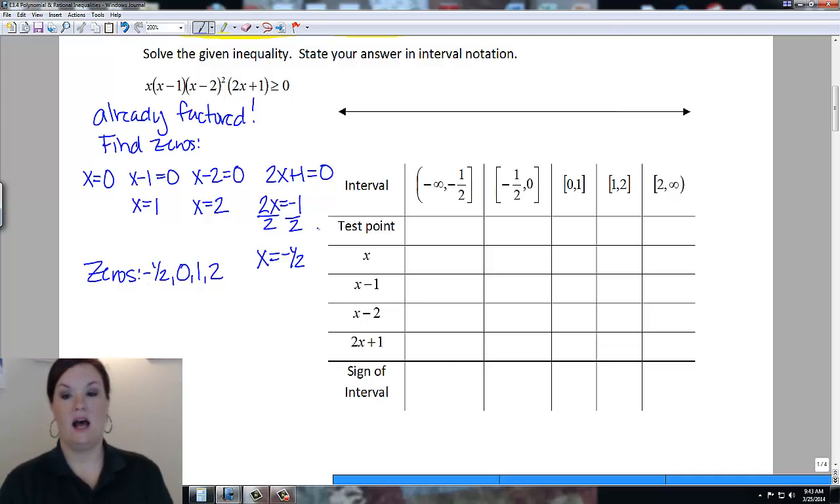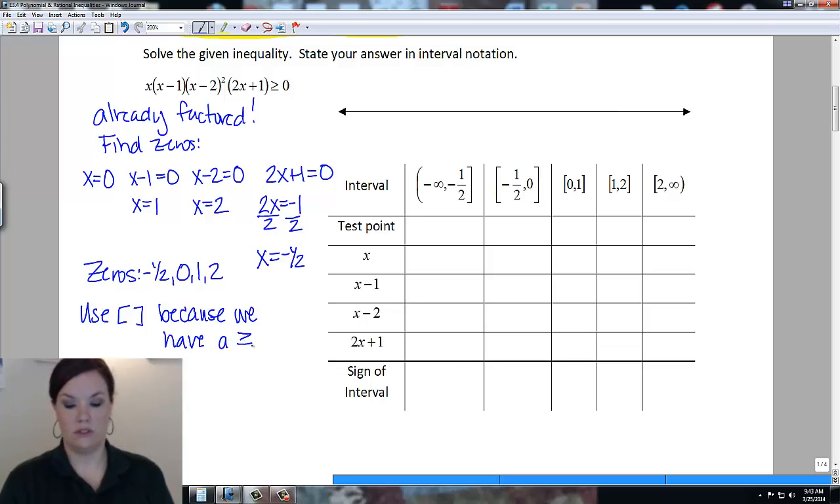And I either use a bracket or a parenthesis. So I'm going to go ahead and say use brackets, because we have a greater than or equal to. Okay, so notice because of this symbol right here, that tells me I'm going to use brackets because I have that equal to bar. So here I went ahead and wrote the intervals in, so we can go ahead and